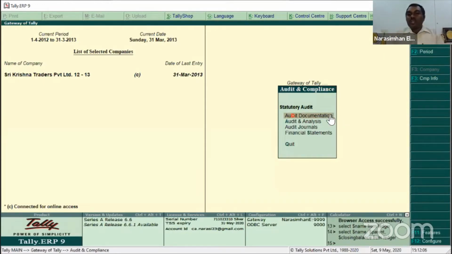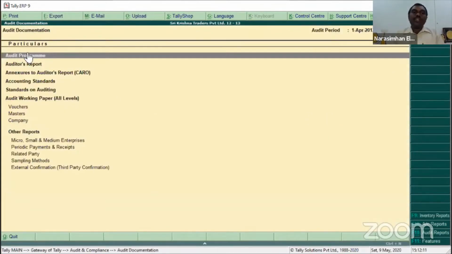So how does this work? The moment I click on audit documentation, there is a beautiful thing called an audit program. Now, many of us today live in a world where regulatory pressure on audit is increasing. At the same time, many of us are questioning the role of auditors, whether it is right or wrong, forget all of this. The only thing which can save us throughout this cycle is the documentation and work papers which we maintain. So why don't we do a simple thing? Because we're using Tally, maintain documentation there itself.